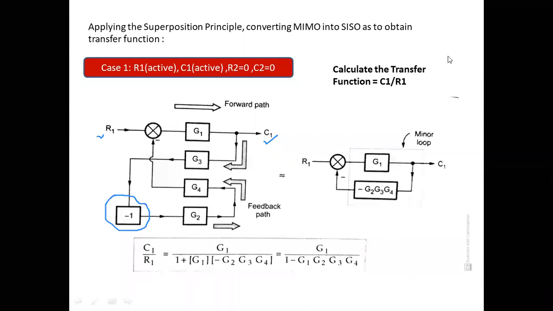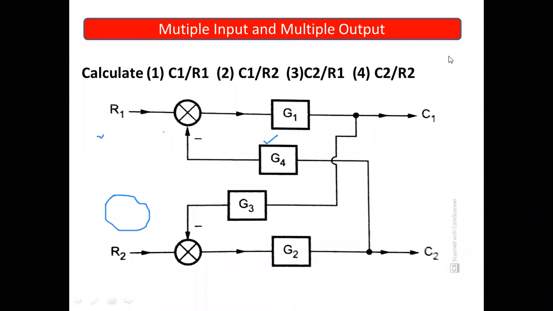In the previous slide, where a parent circuit is there, you just see over here a minus sign is there. Over here a minus sign is there, and that is the reason we are placing -1 out of there. Even though the R2 value would be 0, this minus sign will certainly come into the picture, and overall the signal flow over here would be -1. It means G2 will get multiplied by -1.